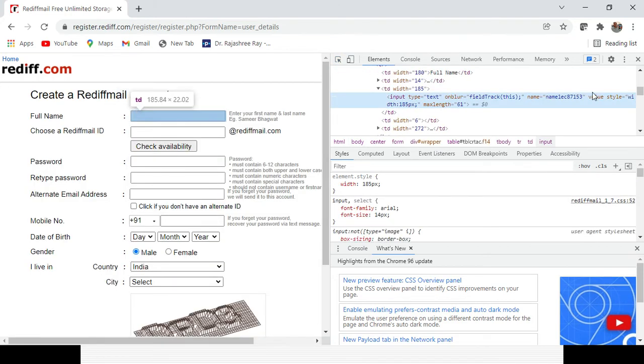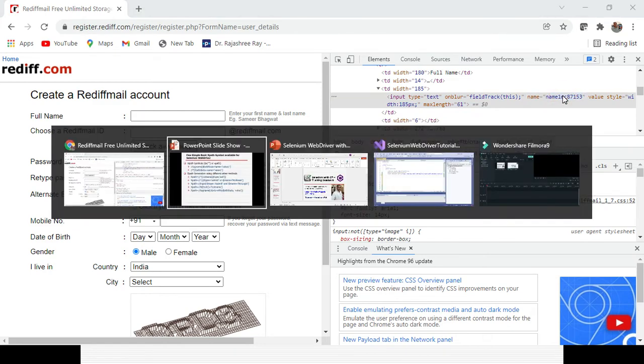You can see the name is coming. The type is input because it is an input text field, type as text, and the name is present. So are we able to identify the element with the help of name? Let's see. I will try to identify the element with the help of name.